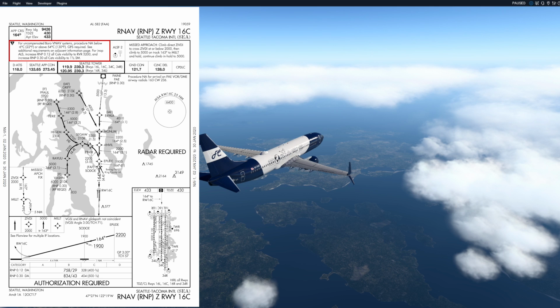fine on that. It says GPS required, so you have to have a GPS installed on board. See additional requirements on the information page. That we're not going to go into, but there's a lot of different requirements for this approach. ALS, increase RNP 0.12 all cats visibility to RVR 5200 and increase RNP 0.30 all cats visible to 1 3/8 statute